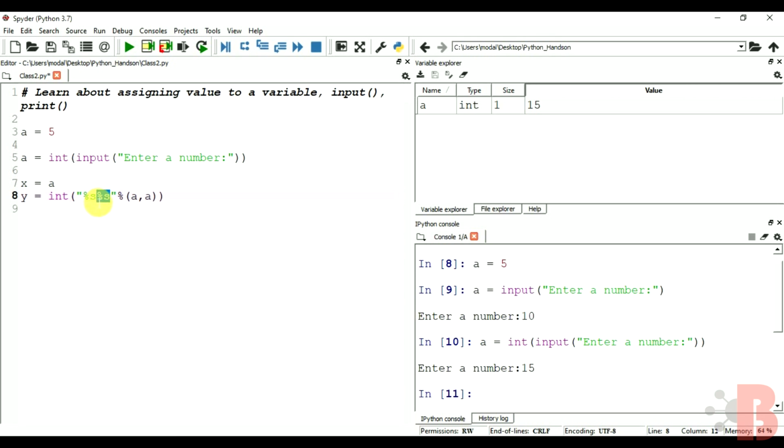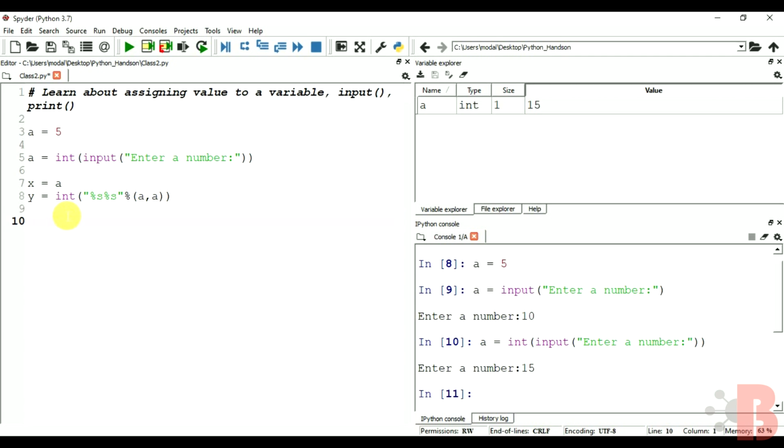What should happen in this substring is put the value a. What should happen in this substring is put the value a. So y will become, if a is 5, y will become 55 as a string, and since we kept an integer function, it will convert to 55.